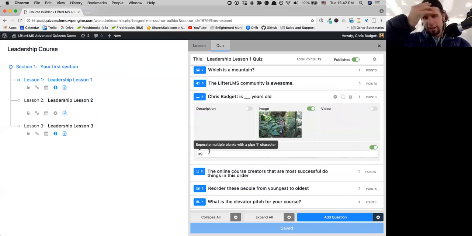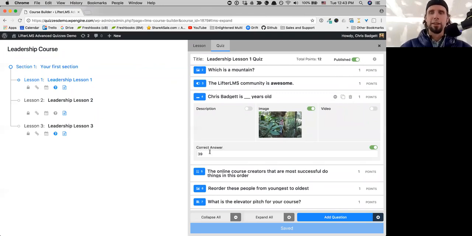Now, this is an interesting feature, which is pretty amazing, that you can have multiple blanks in a question, and you can increase the size of the blanks if you want. And what this message is here, create or separate multiple blanks with a pipe character. So if you look at your keyboard, there's a symbol on there that's a vertical line. That's the pipe character. So what I'm saying is Chris Badgett is 39 years old and